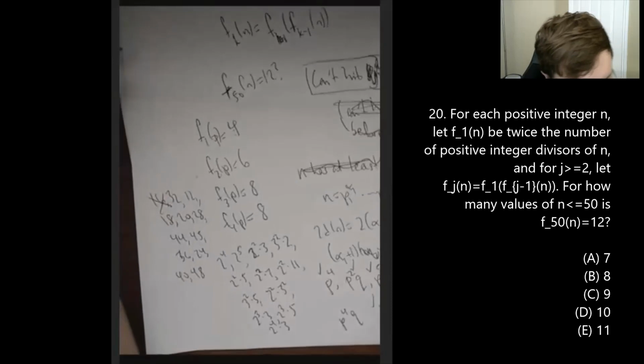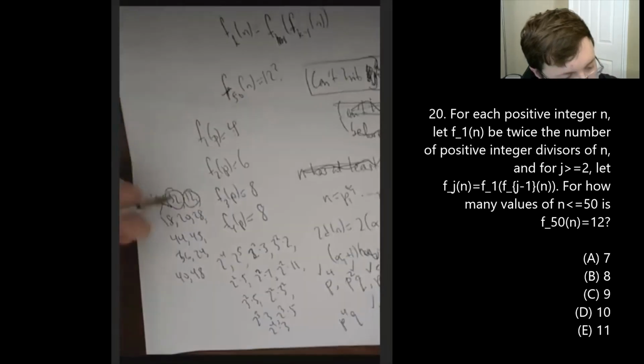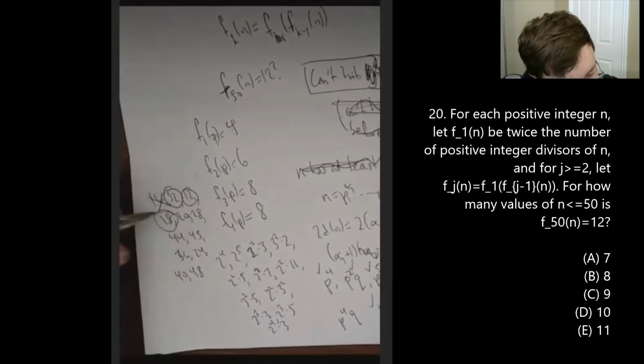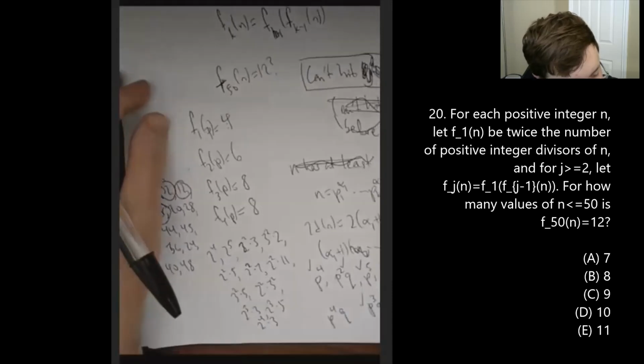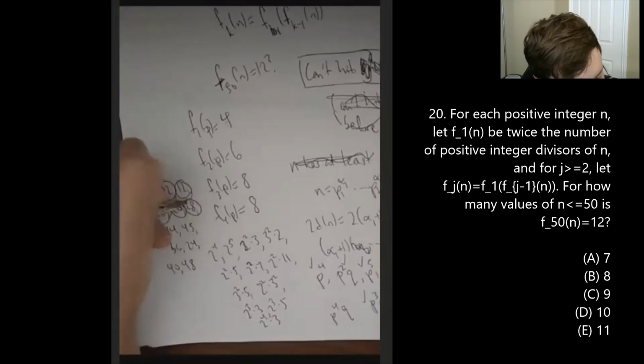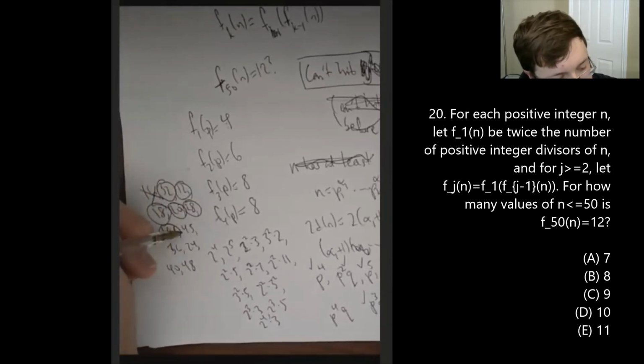Okay, so 12 is a fixed point, actually. So 32 does work. 12 works. 18, that's 2 times 3 squared. So that's a 6. Yeah, okay, that also works. Anything with 6 divisors is going to work. Okay, so p squared times q, 2 squared times 5, 2 squared times 11. Okay, 45 is,